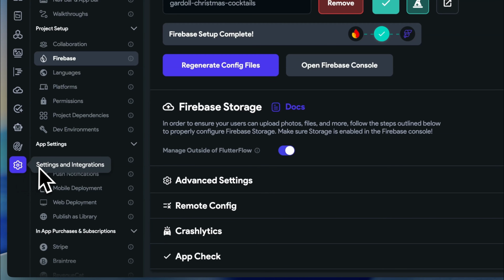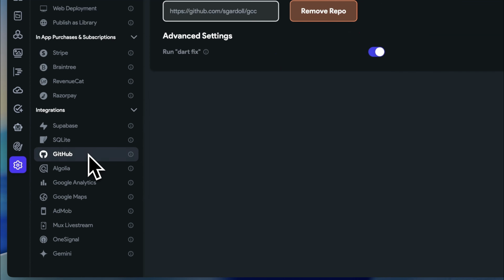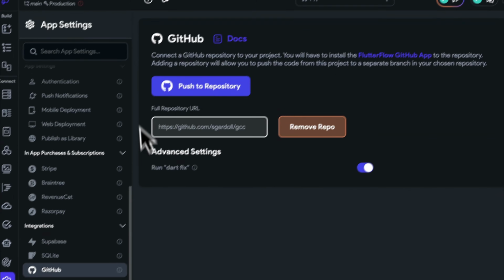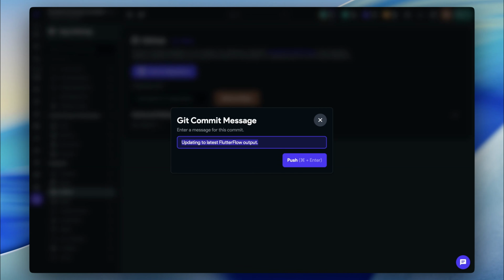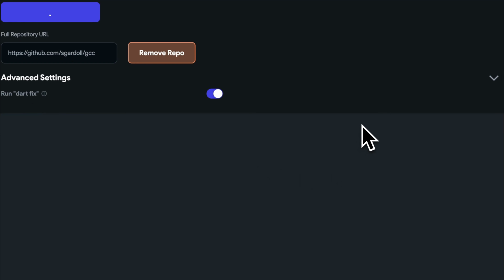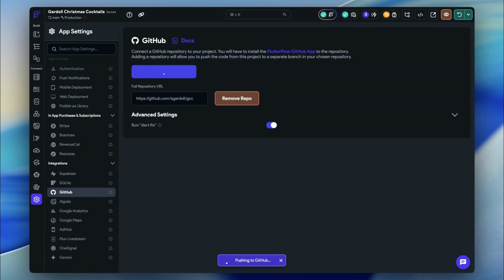Now navigate to the settings menu, select the GitHub tab, and prepare to push the source code to a remote repository. If you're new to pushing your FlutterFlow project to GitHub, there's some excellent documentation right at the top of this screen. Enter a clear git commit message. My git message of initial commit here is probably not terribly detailed, but